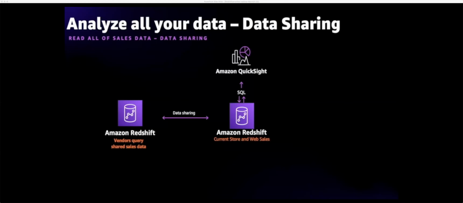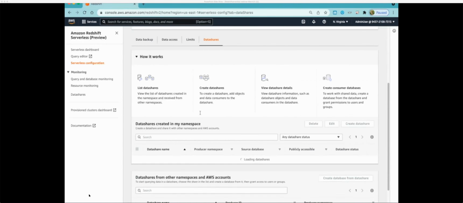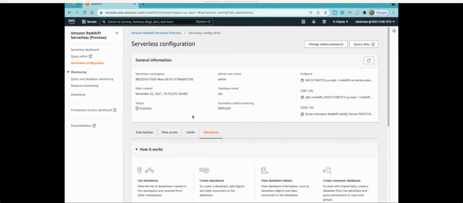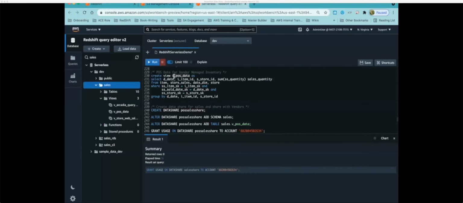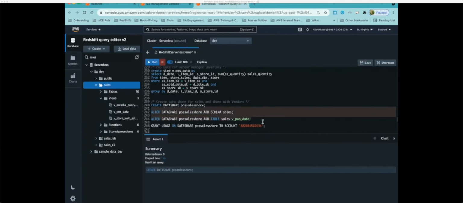So one very popular thing I would say is serverless works nicely in conjunction with data sharing. So in this example, we want to share our latest sales data, not the dollar amount, but the sales quantities with our vendors so that they can streamline their supply chain management and do better forecasting for inventory. So I can do that with data sharing. So here I'm creating a view with the sales quantities, not again like the money involved, so that I can share with my inventory, the supply chain partners.